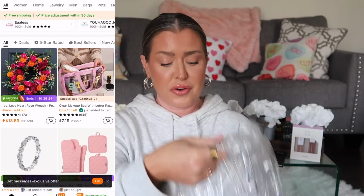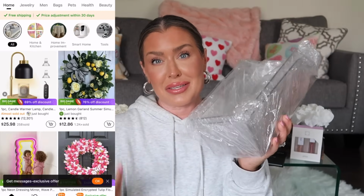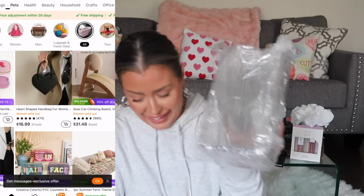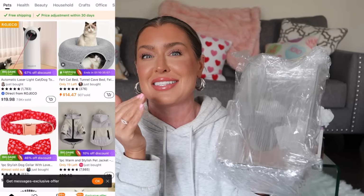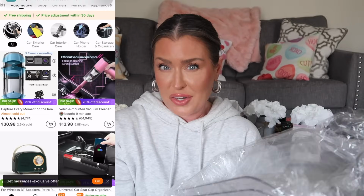So first and foremost, organization. This took inspiration from my 17-year-old. Okay, we are a house full of ADHDers, only me and my children. But let me just tell you, the struggle is real when it comes to organizing that pantry, organizing our refrigerator, and my 17-year-old is like, Mom, if you get organization things, we can make this fun and organize our kitchen. And I'm like,